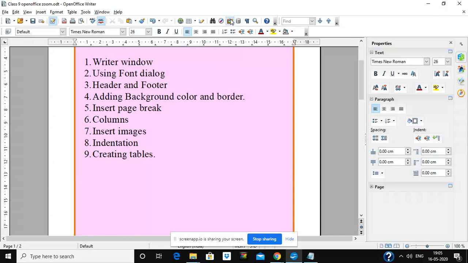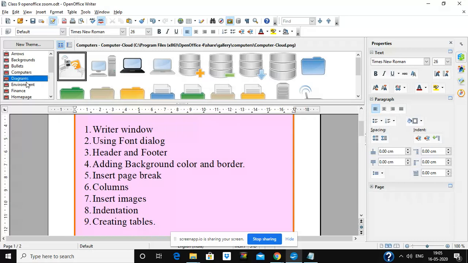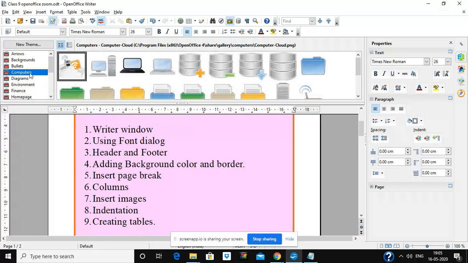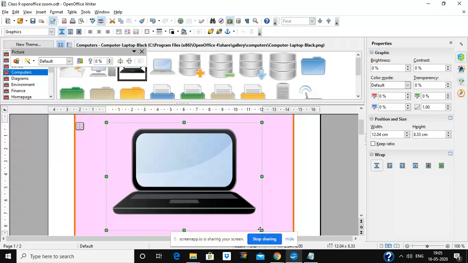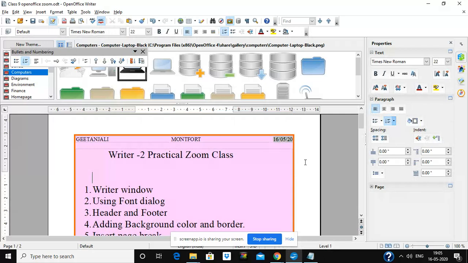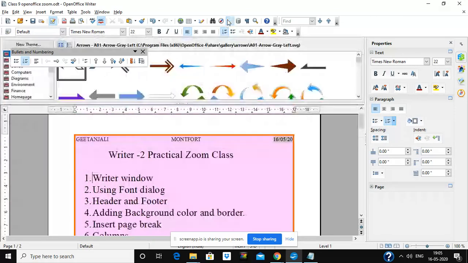Similarly, there is an option of gallery in the standard toolbar of OpenOffice Writer. This is the gallery tool. This gallery tool will open, and then there are some pre-installed images which will come. You can take any category of images from here. On the left side, there are some categories of images. Suppose I am taking a computer image. I have selected the computer category and I will drag it wherever I want. I can resize it in the same way. Or if you don't want it, you can just click on it and press the delete button. Okay. Now if you want to close this gallery, click on it again. The gallery will be closed. So once you click it, it will open the gallery, and again if you click it, it will close the gallery.